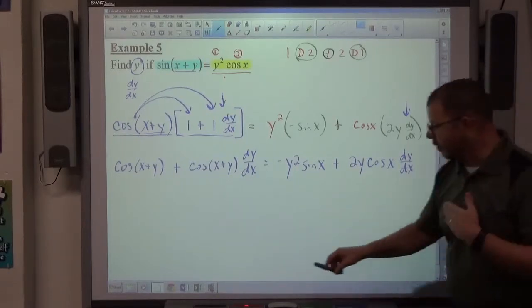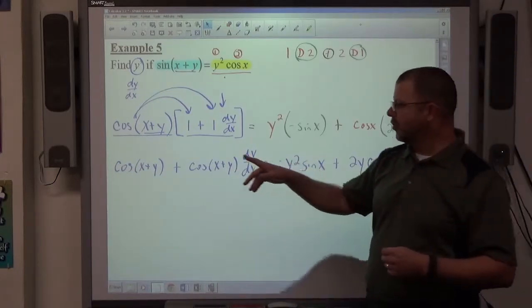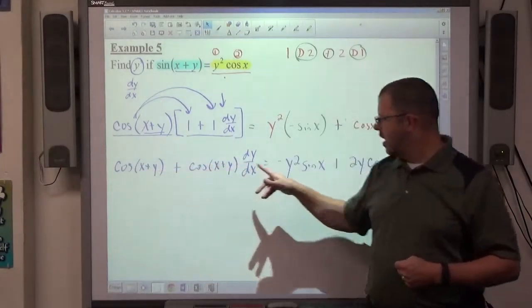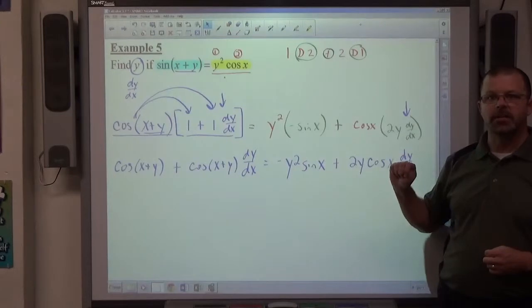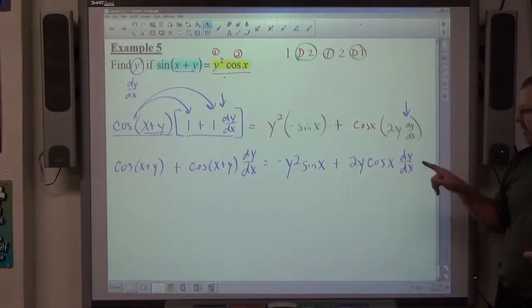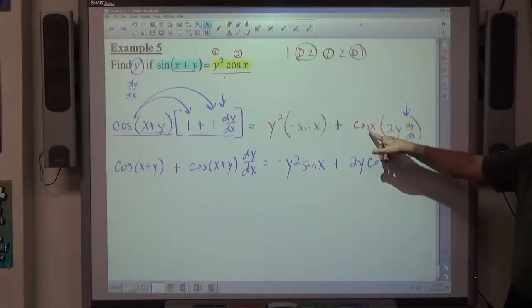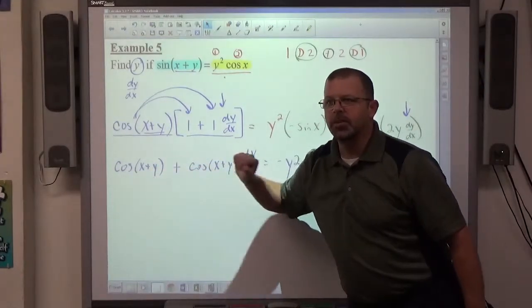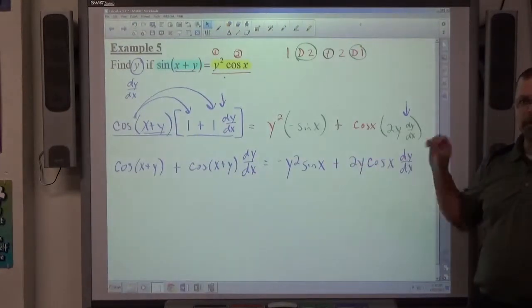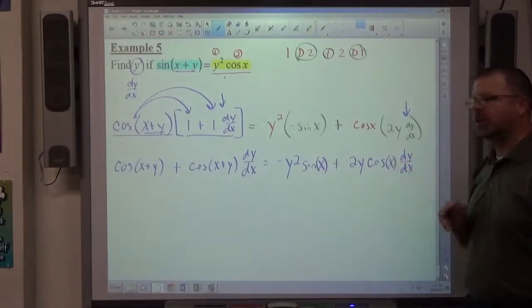As a general rule for me, when I'm working, and again, you got to come up with your own idea of how you write stuff so you know how to interpret things you're writing down. If I'm taking cosine of more than one thing, I use parentheses. If I'm doing sine or cosine of one thing, I don't use parentheses. So if I don't see parentheses, I'm expecting it's sine of x, that's it. This is cosine of x and that's it. If I wanted that dy dx inside of that, I put parentheses around the whole thing, but it's not supposed to be that way. Cosine of x is here, the dy dx is separate from it. So if I'm doing cosine of a bunch of stuff, I put parentheses. If I'm doing sine or cosine of just one thing, I just write it down. That's my personal preference. If you prefer to put a parentheses around every argument you've ever seen, that's fine too,